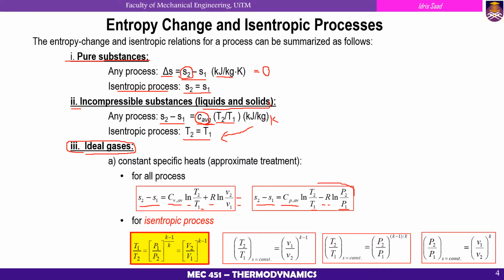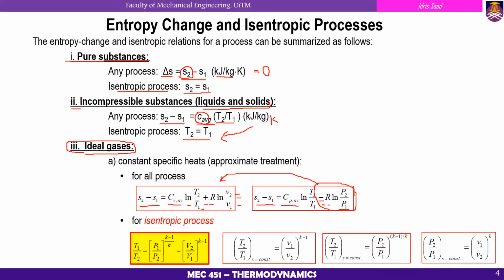So if you use the average specific heat at constant volume, you have to use the plus for the volume, and for the pressure, this is the minus. So based on that one,